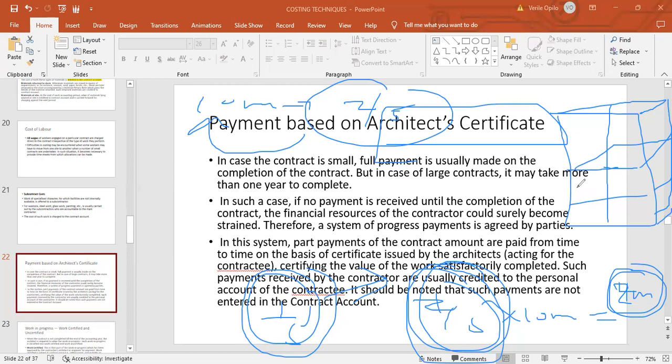So out of what you have done, out of these 2 stories, you are going to be paid what has been certified by the architect. The architect says, I am satisfied that you have built the first story, that is okay, but the second story, there are some things that I feel have not yet been done to the satisfaction of the client. So therefore, that one is not going to be paid for now. We'll only pay you for the work that has been certified. So the payments will be based